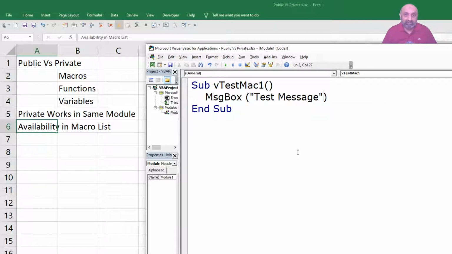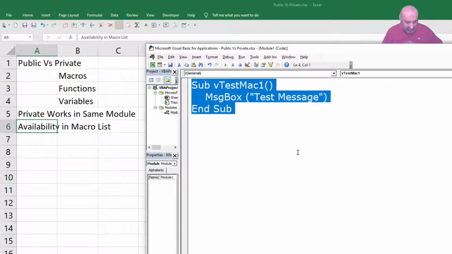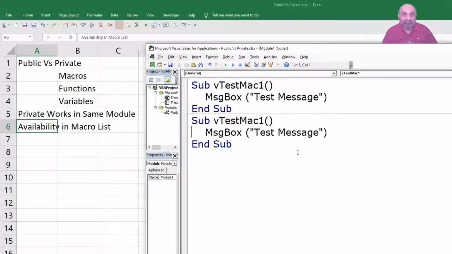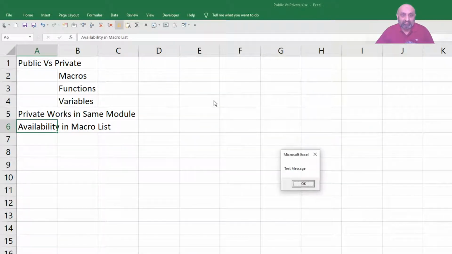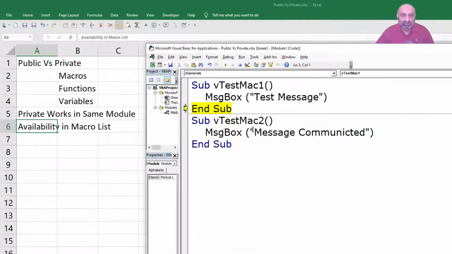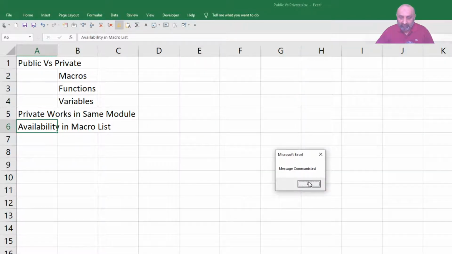Okay, and let's create another macro by just copying and pasting, and let's call it test mac2, and this is message communicated, right? So if I run this macro, this is running, and if I run macro 2, this is also running.